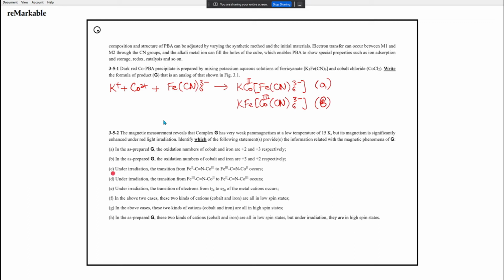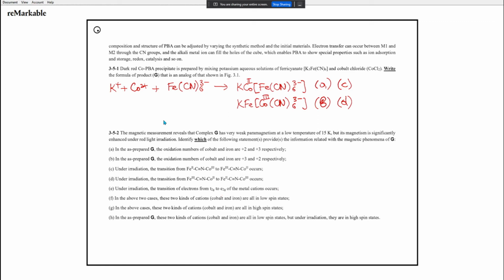Let's go to the next one. Under radiation, the transition from iron 2 to iron 3 occurs. That is C. Under radiation, the transition from iron 3 to iron 2 occurs. That is D. Under radiation, the transition of an electron from t2g to eg of the metal